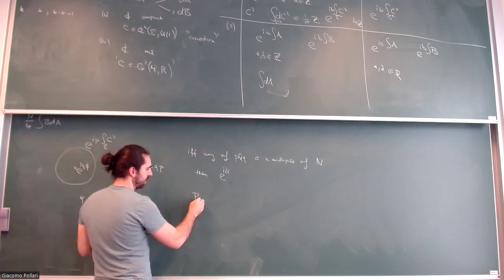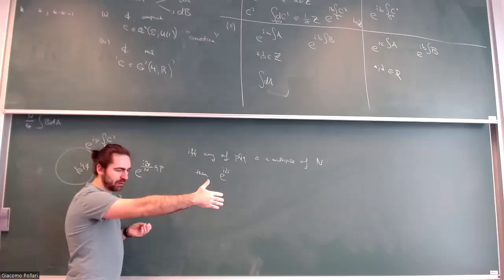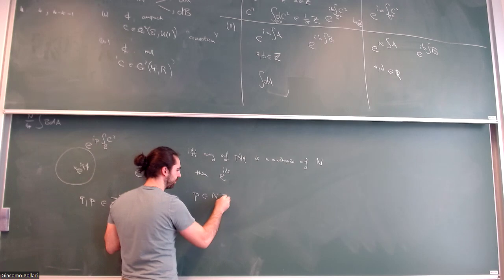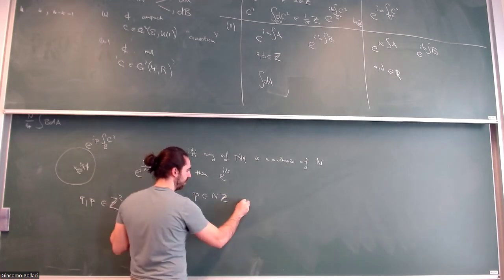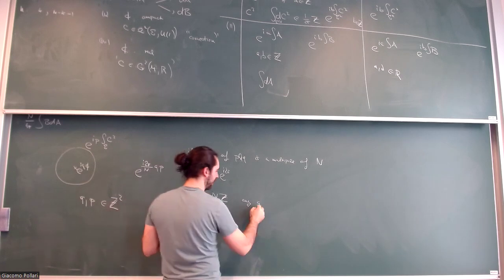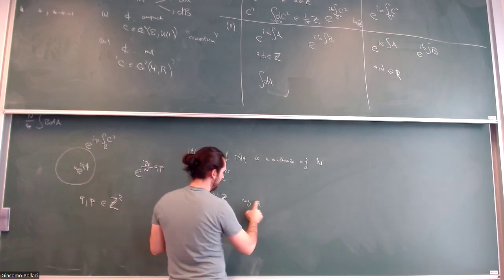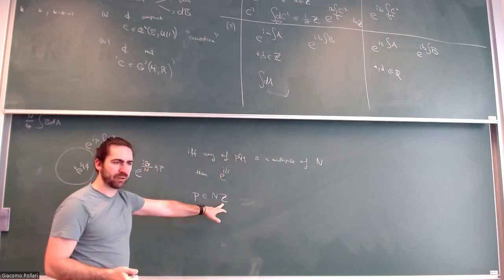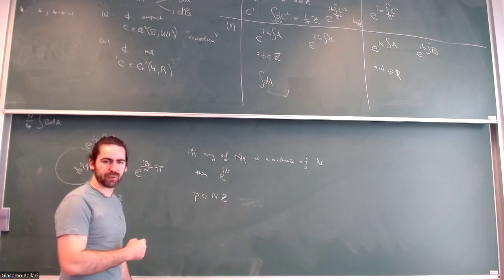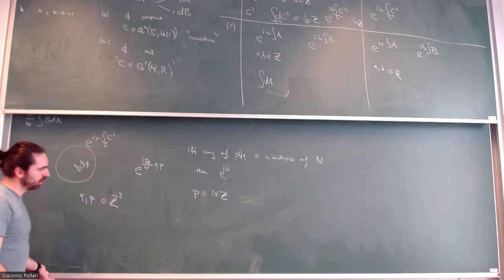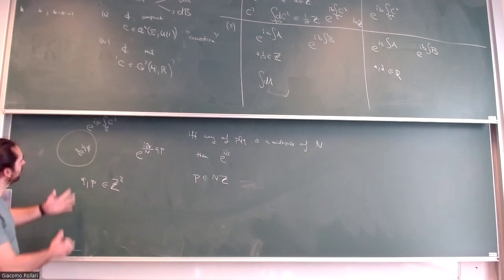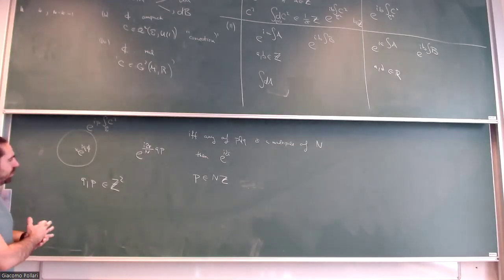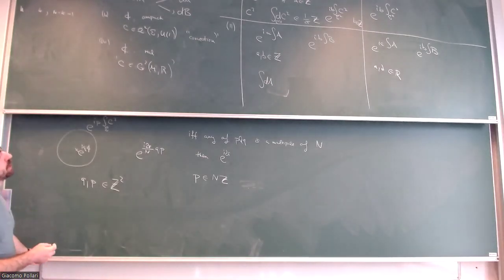So if P is a priori in this lattice of Z, if it's in Z, any Q is transparent, any Q doesn't feel this one. So if P is in nZ, Q doesn't feel it, and vice versa. So it seems like an ambiguous description of a theory, and what you should learn from that is that